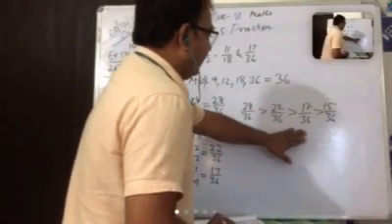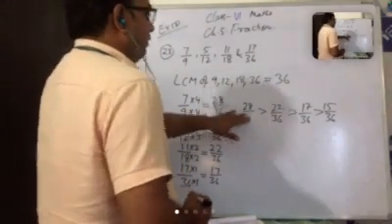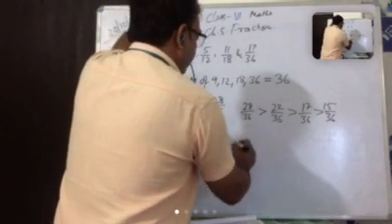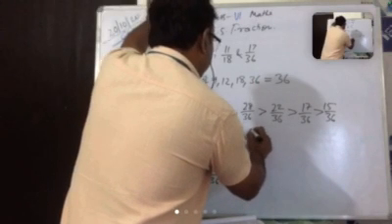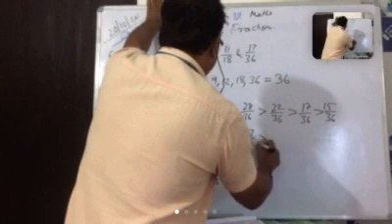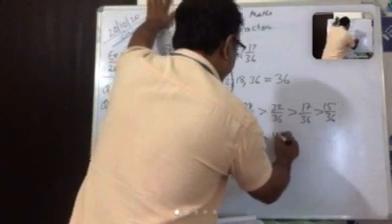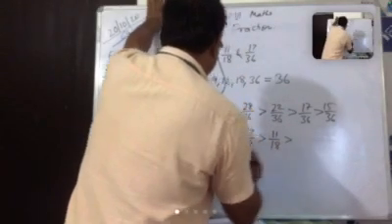This is how we write the descending order, we use the greater than sign. Therefore 7 upon 9 is greater than 11 upon 18 is greater than